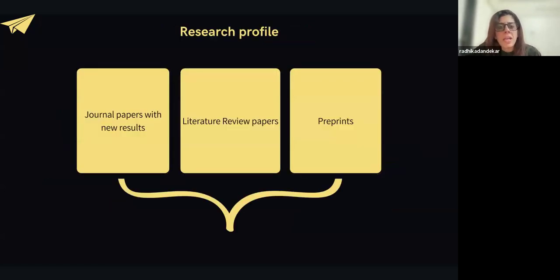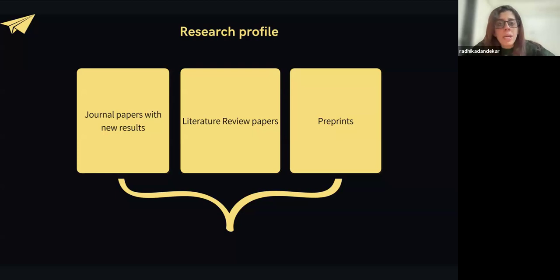Now a research profile can constitute three different things. It is either a research paper. So a research paper is basically a paper that is written with new research outcomes. A literature review paper is another way to have a first author publication. A review paper is a summary that is written on many different research papers on the same topic. A review paper is very well respected in its own field, and it holds the same value as writing a research paper, okay.